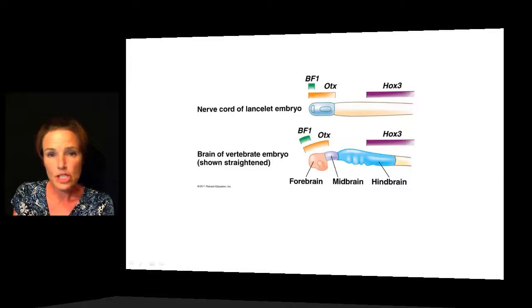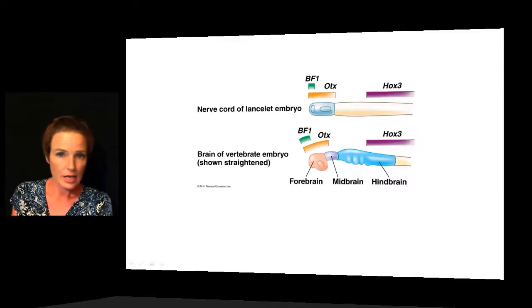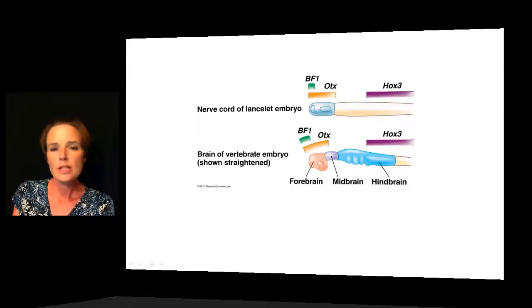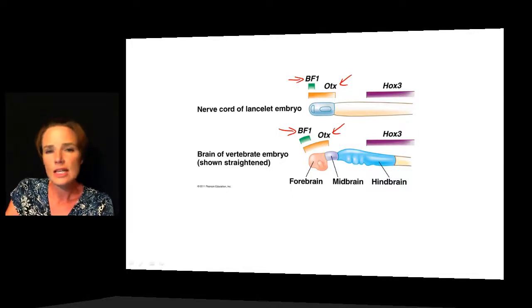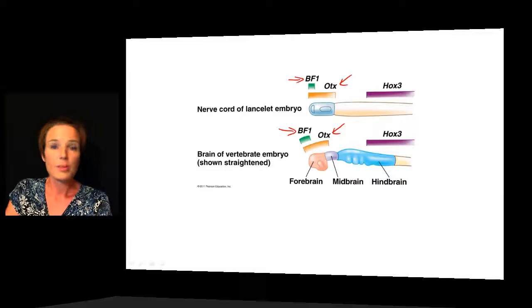If we take a look at some of the genes that are involved in the evolution of the head, we can see these same genes being expressed if you look at a lancelet embryo. And a lancelet is not going to be a craniate at all. It doesn't have a head, but it does have a swollen tip on the end of the nerve cord. And if you look here, these two genes that we're looking at are going to also be expressed in the brain of what ultimately becomes a vertebrate. So we do start to see the beginnings of the evolution of a brain or of a head when we look at something as simple as a lancelet.